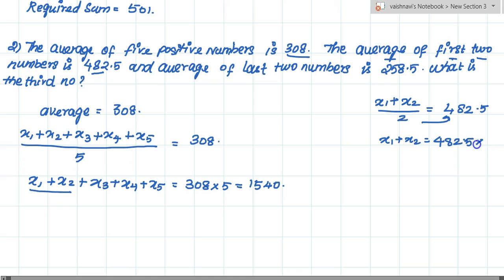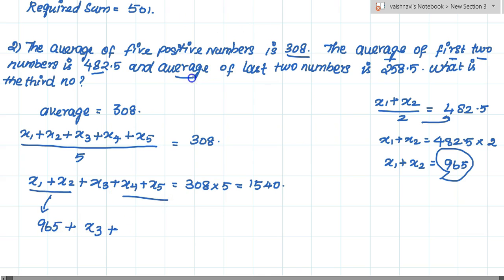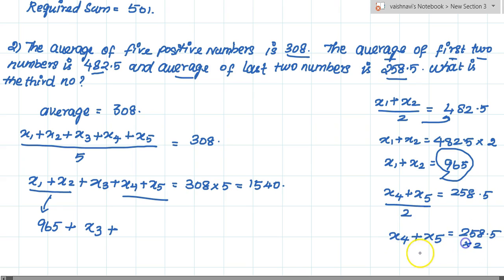So 482.5 into 2, x1 plus x2 will be 965. We have found the value of x1 plus x2. 965 plus x3, we don't know, that is what we have to find. The average of the last two numbers is 258.5. So (x4 plus x5) divided by 2, x4 plus x5 is equal to